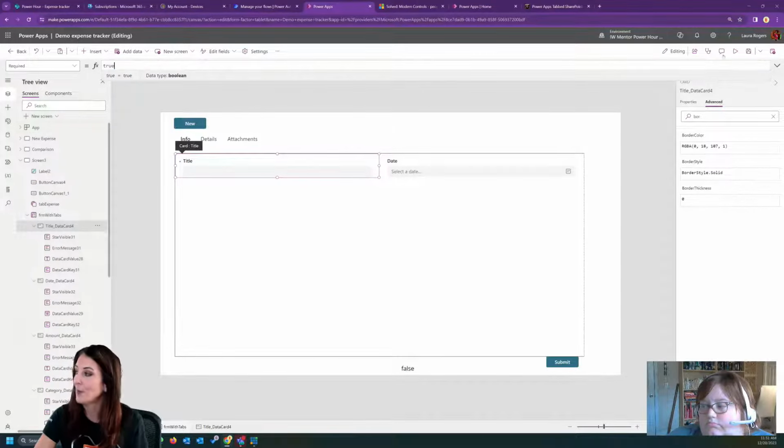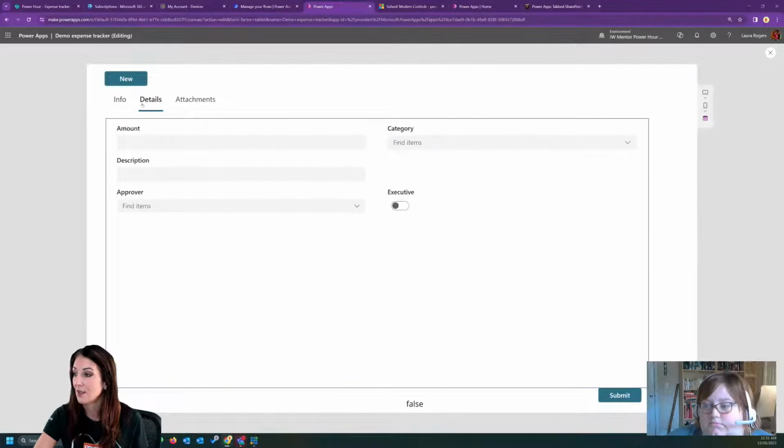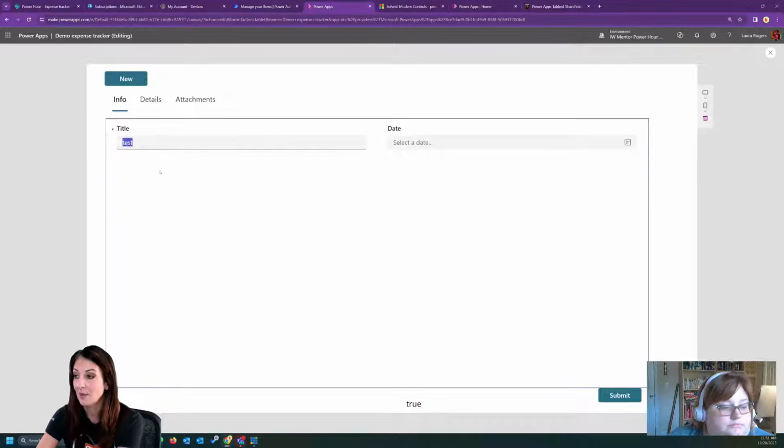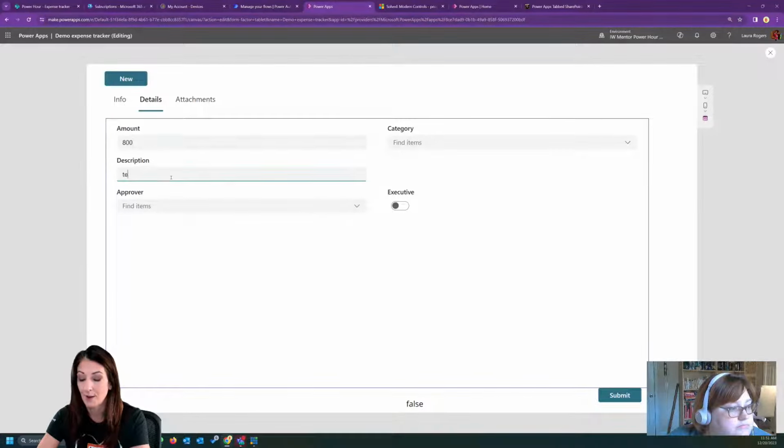And then I'll sum this up if it works. So it says valid false. So it's valid false. I'll say test, go to details, 800. So it says valid true down here. And so it knows that it's valid because I filled that in. Now as I scroll across and fill out other stuff, you can see that it still says valid false. So like she was saying,